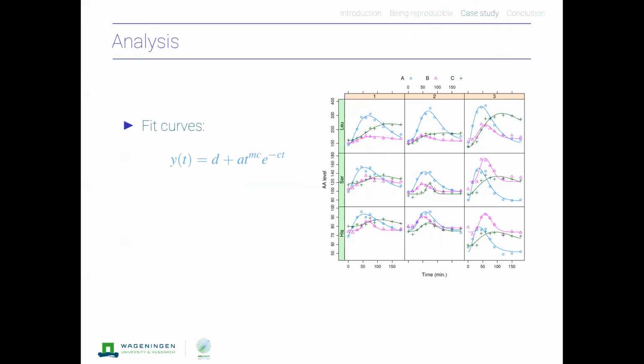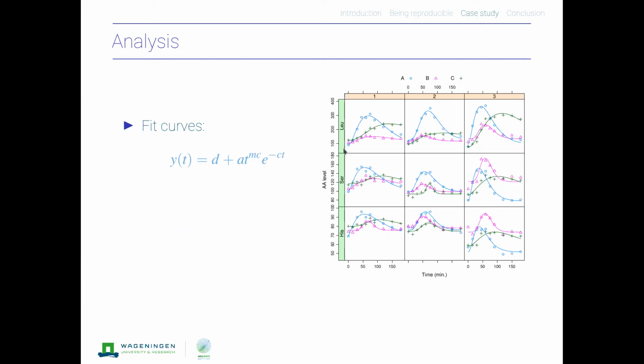Okay, so the first thing that we did is we wanted to go to an easier representation. We had 8 different time points, I think, 2, 4, 6, or maybe even 10. What we did was we fit curves through the points, and actually these curves were so-called Wood curves. These curves were coming from dairy science, and they were used to describe lactation behavior of cows. They were developed by Wood in the 60s. Basically you have an exponential part, and there is an amplitude part, and D is the baseline.